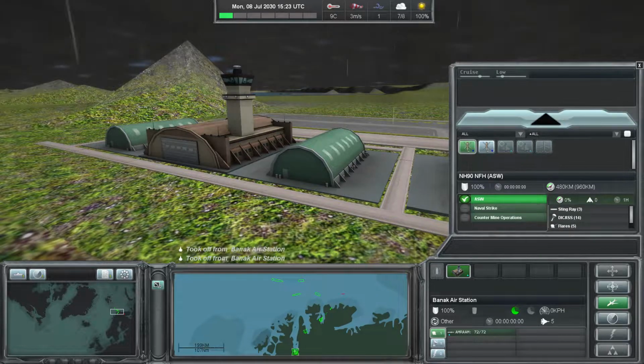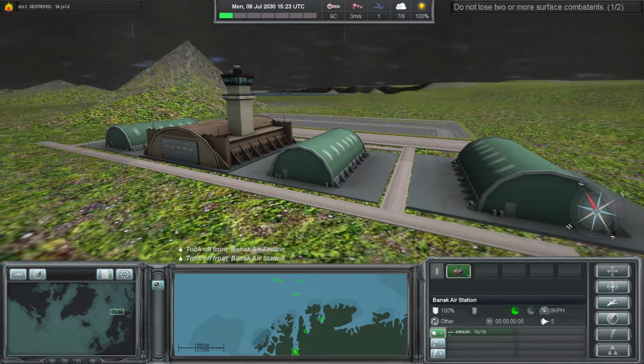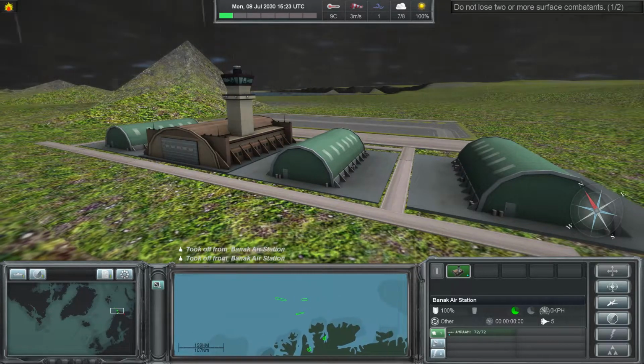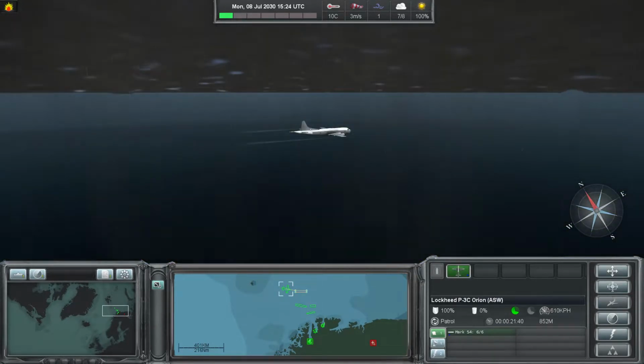We'll put them in a patrol pattern slightly to the south of the engagement area, and it's another 51 minutes until the next F-35s are available. So the F-35s that we've launched and have in the air really have to provide us coverage for essentially the remainder of the mission. Okay, and it looks like along the way we've lost our Skjold,